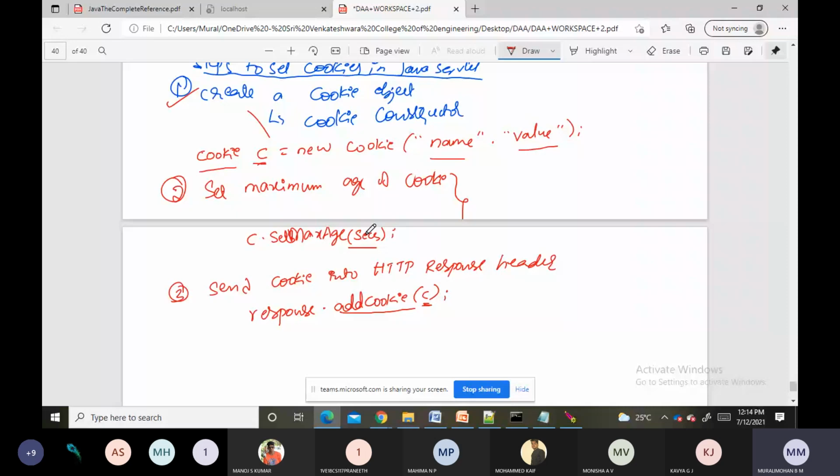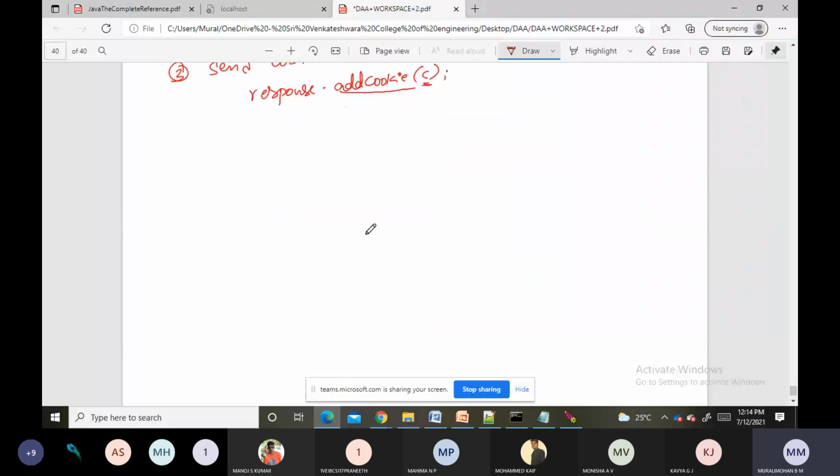Next we will see the difference between how to set cookies and how to read a cookie in a servlet. Reading a cookie means the server is reading the cookie from the browser, and setting a cookie means the server is setting the cookie, right? So here we'll see the differences.